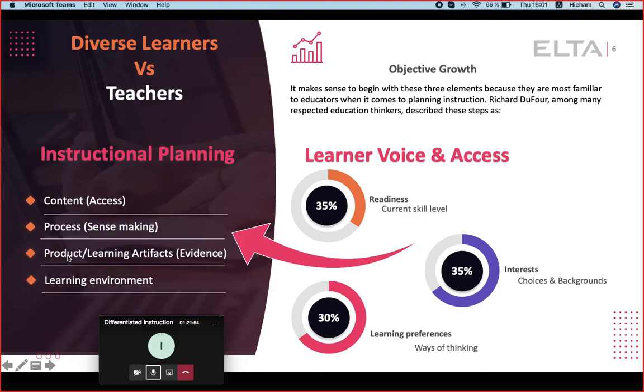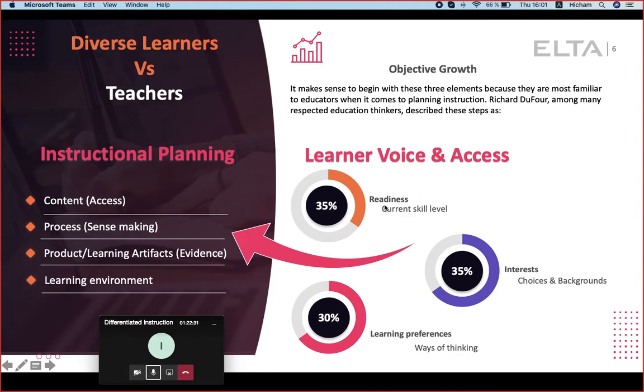Or how will the students demonstrate that they have learned or they have not learned? Or what will the students do in case they fail? What will the students do in case they get promoted or in case they get a good job? So all of this information, despite all the challenges, despite all the learning abilities we've got in our classes, instruction generally begins with the learner through some process, which is readiness, interest, and learning preferences. The three. So as you see, the learner voice, and the access.